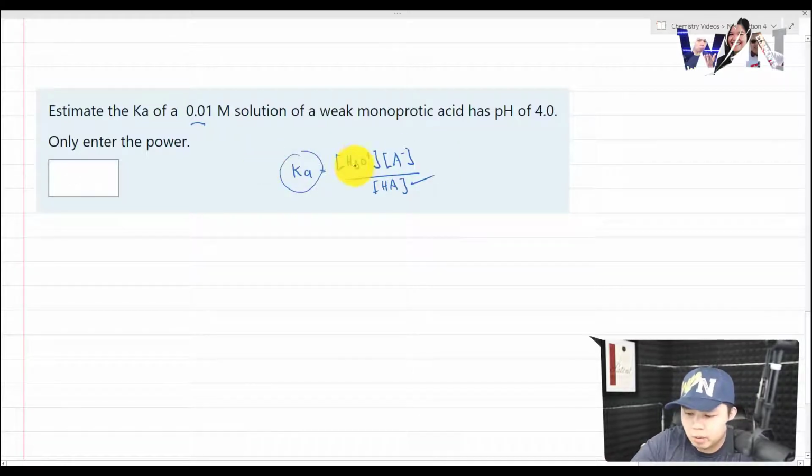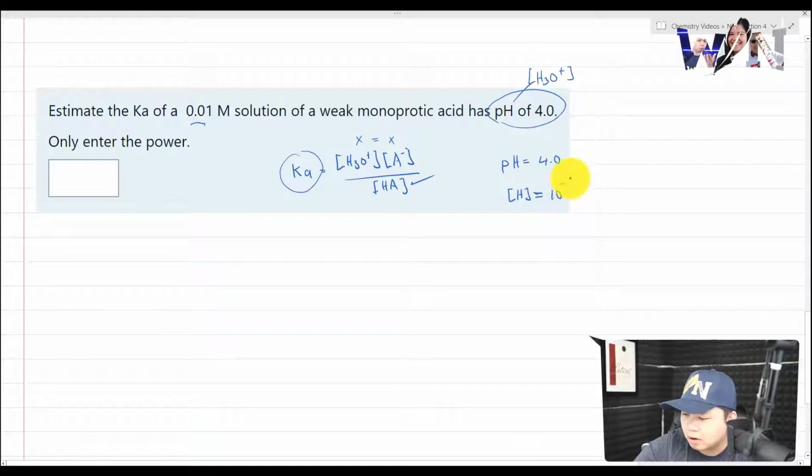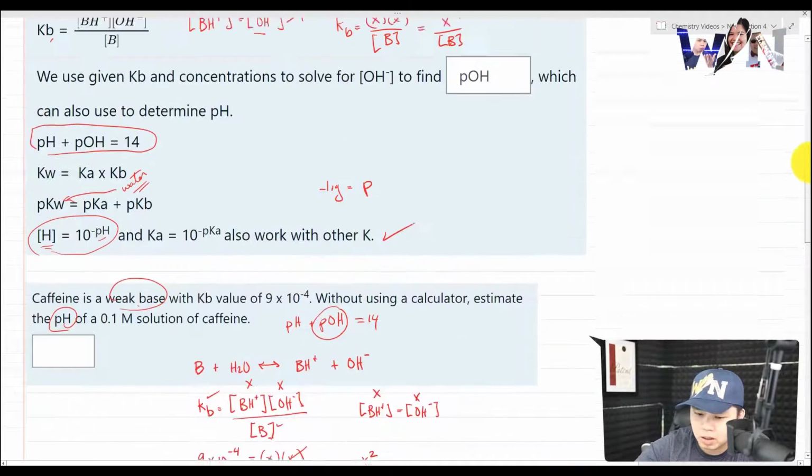But in this case, we don't know anything about the concentration of this. And remember, they are the same values, okay? They are the same values. But what we know is pH. What does pH give you? Well, pH gives you the H3O plus concentration there. Remember pH, okay? If we have pH equal to 4.0, to get the concentration of H is really straightforward. It's just equal to 10 to the negative of pH right there, which in this case is 10 to the negative 4.0. Remember that shortcut we've shown you right here?